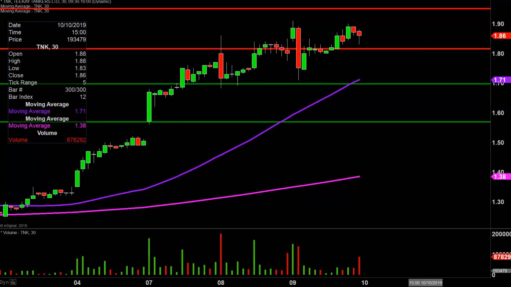Real quick, what do I mean by 30-minute time frame, in case maybe you're new to charts? Instead of each one of these candlesticks representing one day's worth of price action, which is what you would normally see, each one represents 30 minutes. So while this may look like several days' worth of time, it's actually today's price action broken down into